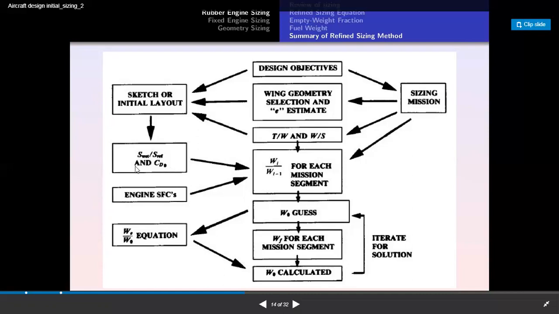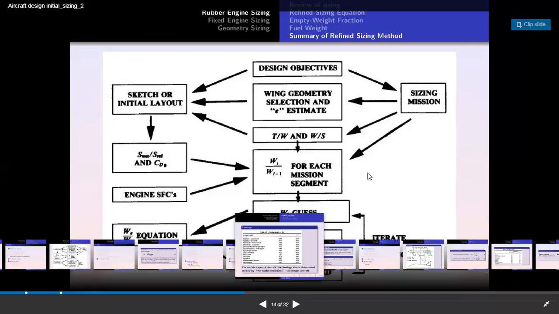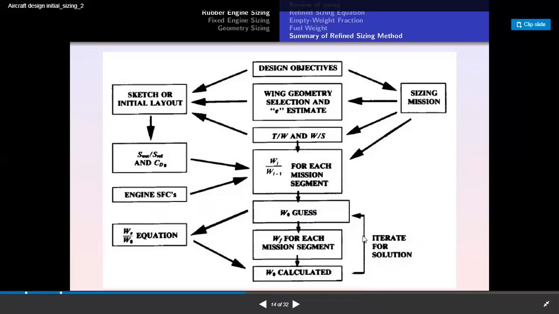We'll call that the coefficient of drag for zero lift, called CD naught, and the engine specific fuel consumption. WE by W naught is called the empty weight fraction, and W naught can be calculated. This is called an iterative process, a trial and error method for the solution. So this is the complete summary of the